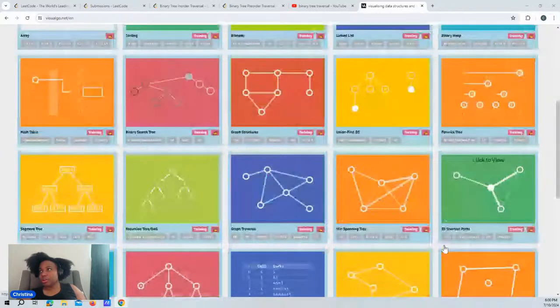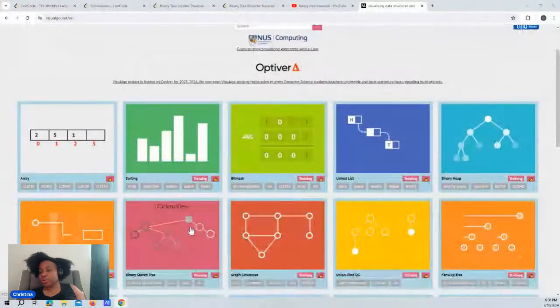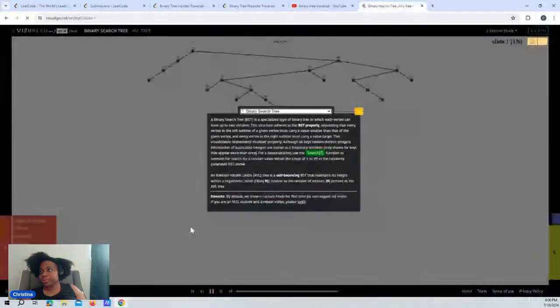This website I've used for many years. It's out of Singapore, and it just helps to walk you through how these algorithms work. And I kind of get it, but I kind of don't get it right now. I always review the content, I never have to do it over a long period of time. So, we're going to go through this and probably some other stuff